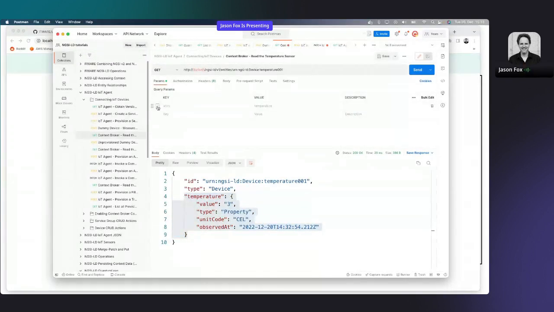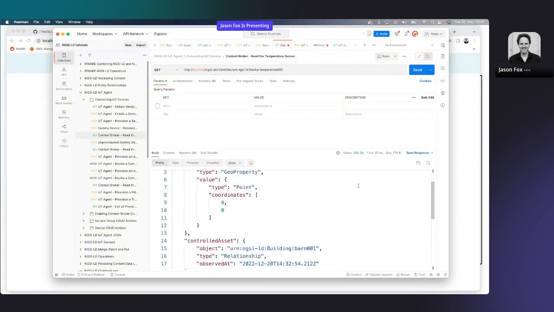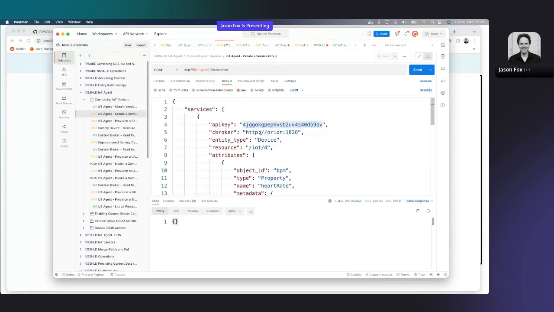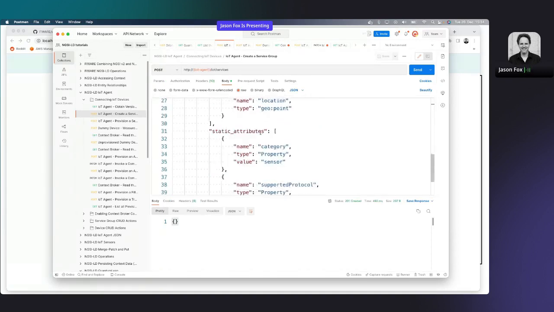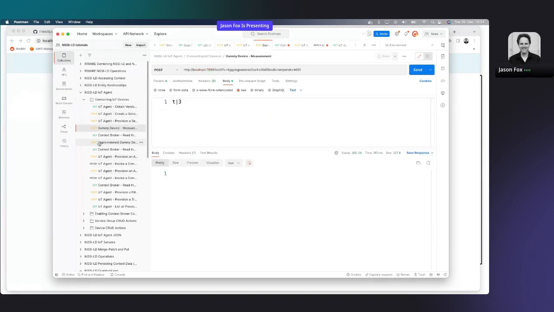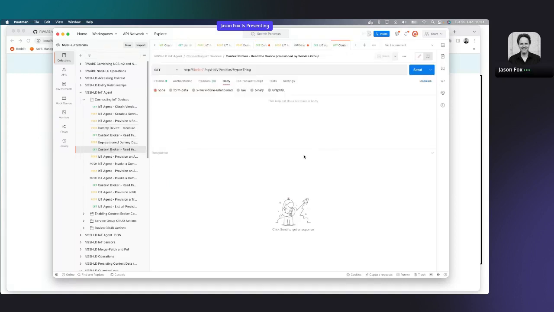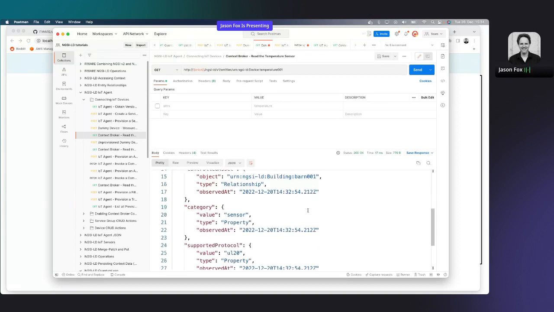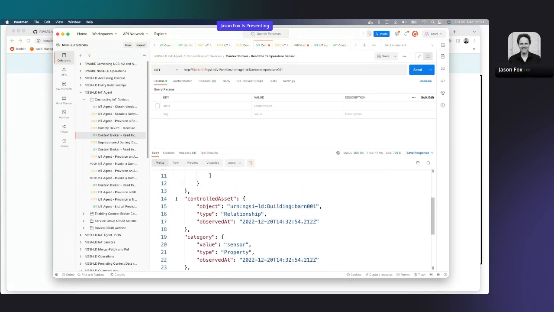If I look at the parameters, if I didn't get rid of the attrs parameter, we'll see what else it's put in there. It's put in quite a lot of stuff which you might not have expected because of the way I provisioned the device. I said when I was creating the service, I have a location, I have a heart rate, I have all these static attributes. It's given me values for all those. If I go back to where was it gone? Dummy device measure, not that one. That one, sorry. So you can see I've actually been sent all these values, but I've also been sent